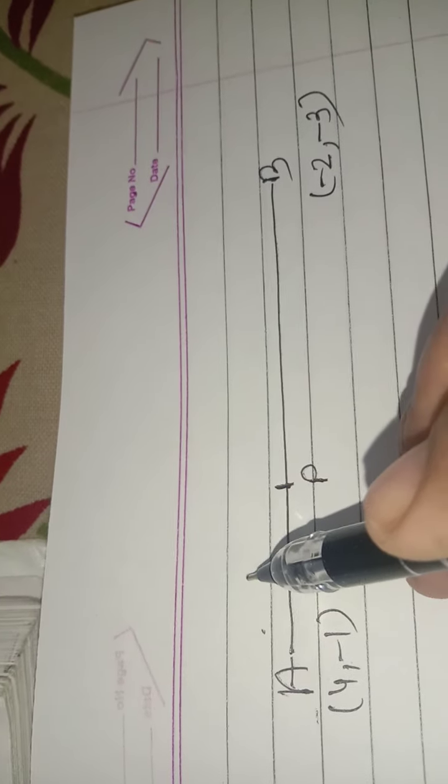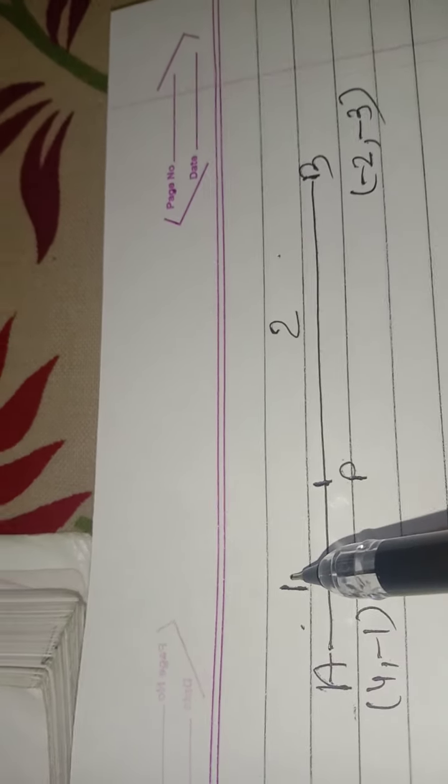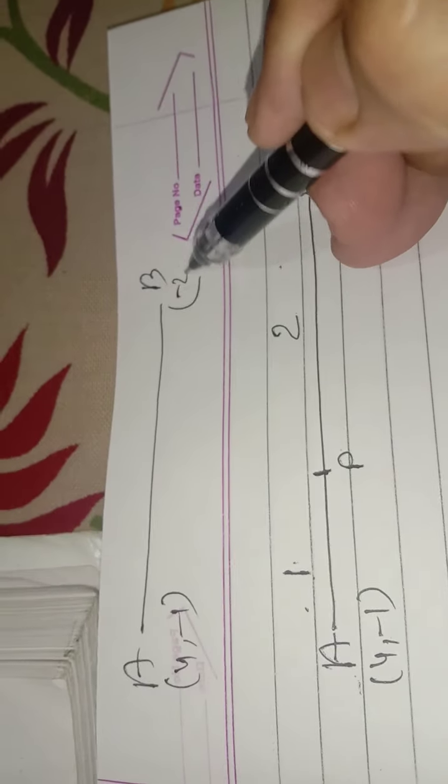See, in this question, if you are going for the trisection, suppose I am taking point A as (4, -1) and point B as (-2, -3). Now one thing I'd like to tell you is that it is not indicated on which side point P is lying. It can be divided in the ratio of 1:2 from B or from A. So I am giving you one assignment. I am doing it from A, and what you have to do in homework, the same line segment, if it is not indicated from which side it is dividing, you have to calculate from both sides.